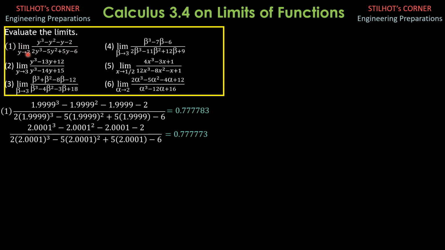Because when y approaches 2, both the numerator and the denominator approach 0, this is of indeterminate form. But take note, y is not equal to 2, but can be made almost equal to 2, very close to 2. So that gives us the idea that 2 is a root, because both the numerator and the denominator approach 0. So 2 is a root in the numerator, and 2 is also a root in the denominator. That means the factor y minus 2 is definitely in the numerator and in the denominator.